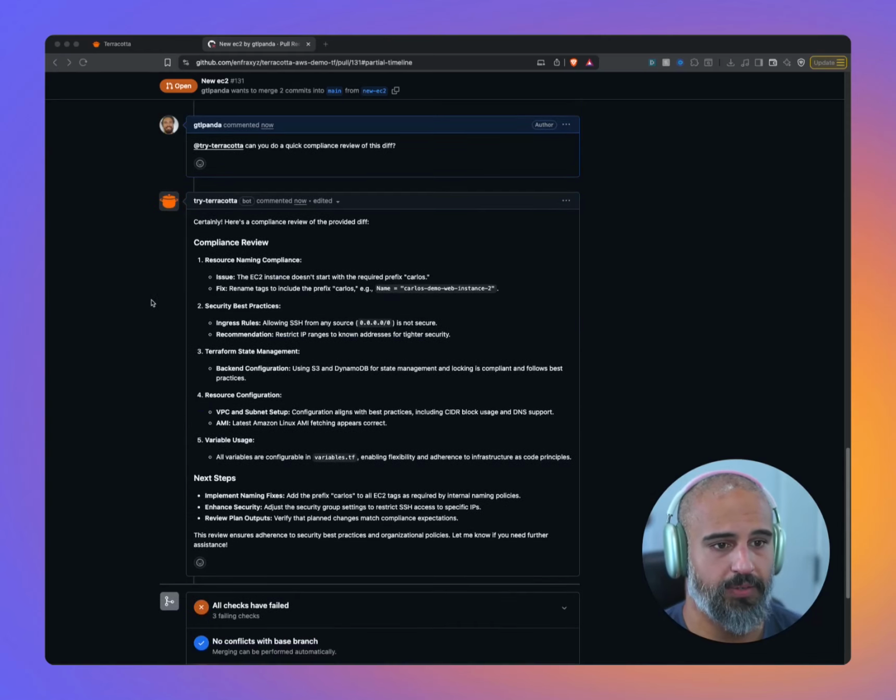All right, so we have it here: quick compliance review, resource naming compliance. It doesn't start with the required prefix. In this case, it's there for fun, but if you have compliance standards that require a proper prefix, make sure you have those security best practices. Hey, our ingress rules are set up to open from any source. That's not secure. We have Terraform state management as well as resource configuration, but we can dig in on anything